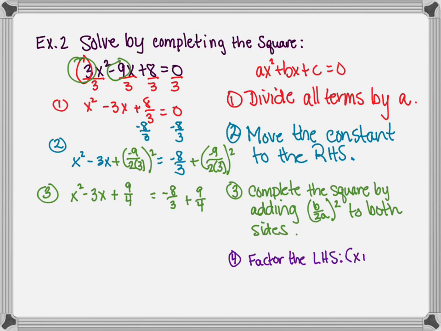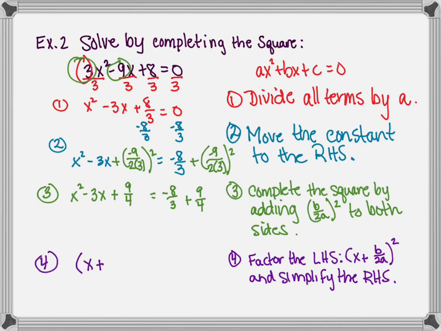Then we will factor the left-hand side. And it will always factor, because of what we just did in step 3, as (x plus b over 2a) in parentheses squared. So I've already started that on my fourth step. I've got parentheses x plus b, remember, is negative 9 over 2 times a, which was 3, and close my parentheses squared, which equals, and in order to simplify my right-hand side, my negative 8 thirds plus 9 fourths, we do need a common denominator,